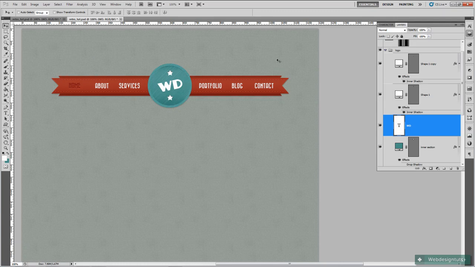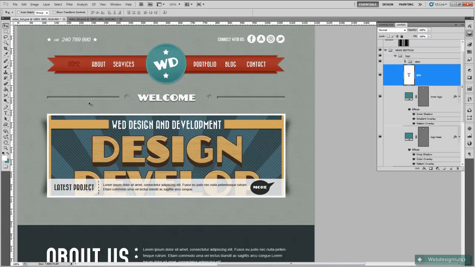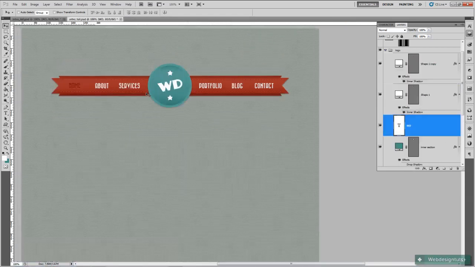Next up, we'll add in our social icons. In fact, no, we won't. We'll leave that till last. What we'll do, we'll get on with the bits that go underneath, which is the welcome title and our banner. We'll do these last because that way, once we get these done, we can just slip those into the footer. Super. Okay, so